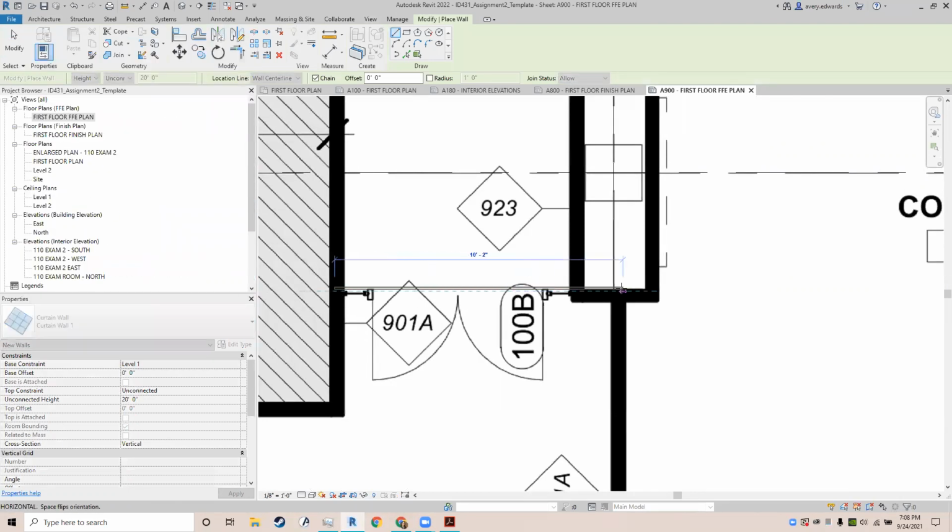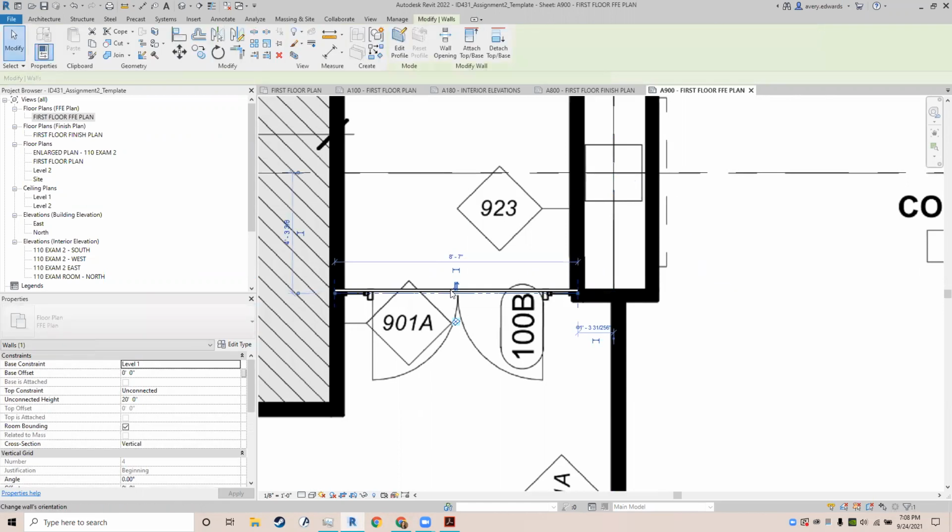And we're just going to draw one like that. Don't worry about the door for now. Curtain walls are very complicated. Well,